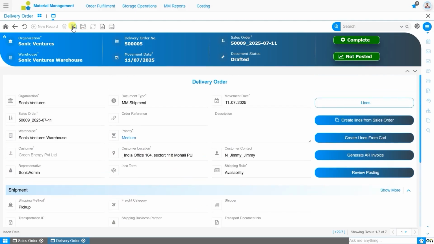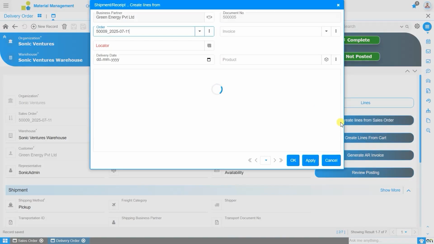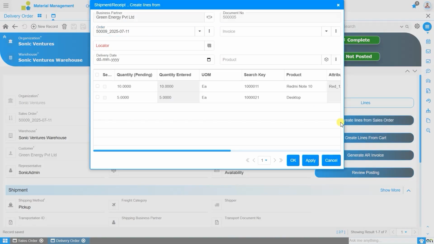Now, by saving the header, we can proceed to insert the lines. To do this, click on the Create Lines from Sales Order button. Using this button, we can insert the lines directly. It will open the Create Lines from page, where the order is already selected based on the sales order chosen